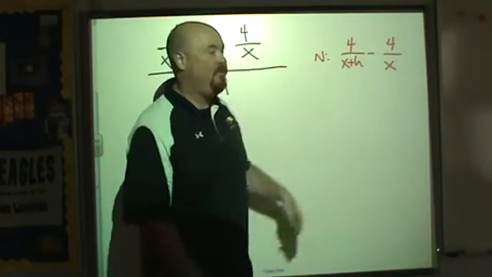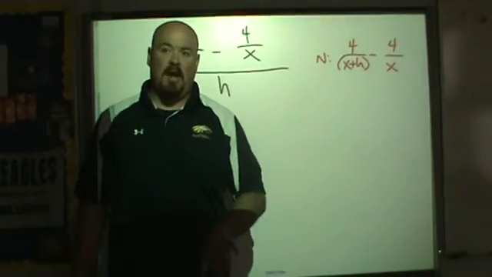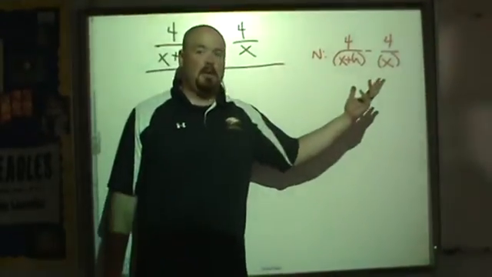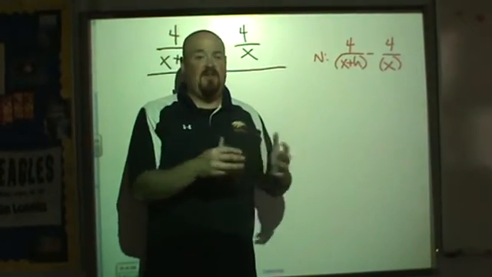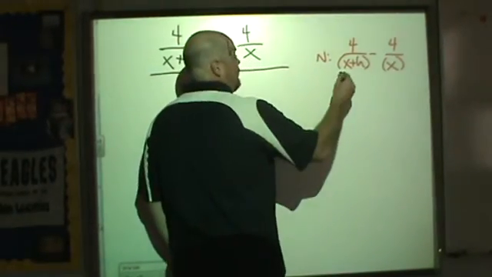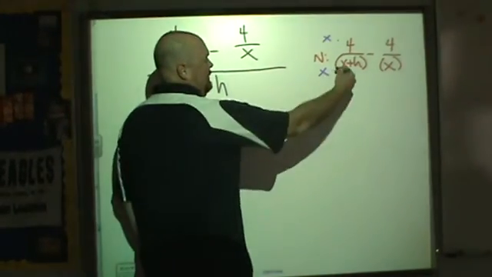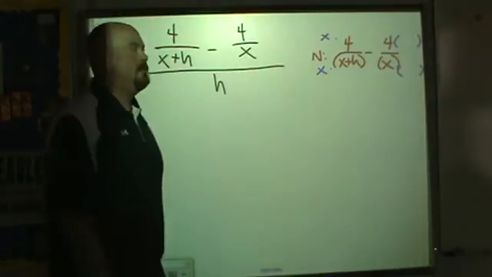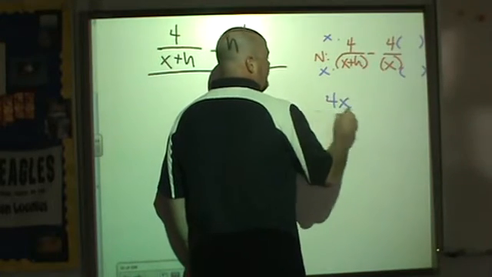This is the factor of the bottom, right? We've talked about this. That's the factor that's in the denominator already. This is the only thing in this denominator. They have nothing in common, so they don't have a lowest common multiple, they just have a multiple. We multiply them together. So I'm going to take x, I'm going to multiply it times the bottom and the top, and I'm going to take this denominator, x plus h, and I'm going to multiply it times the bottom and times the top. From that, I'll get 4x over